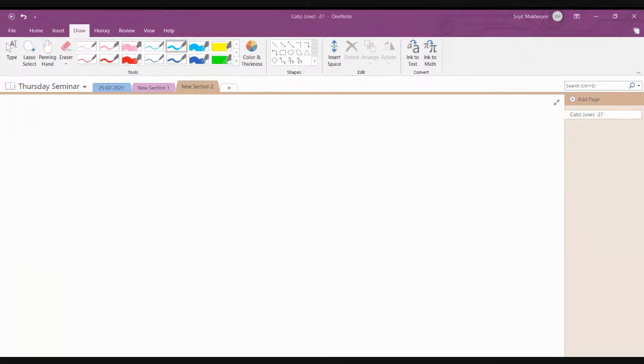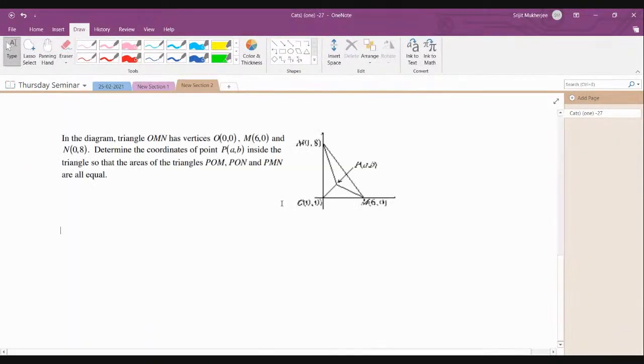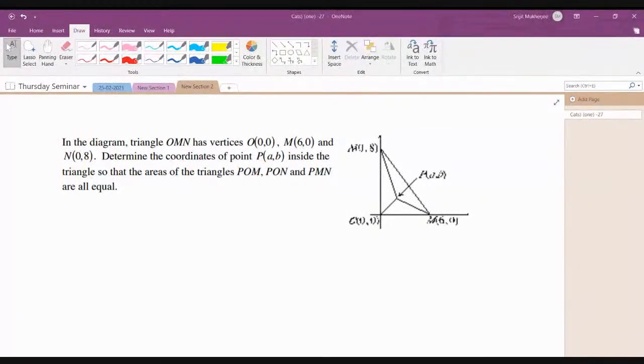Okay, this is an interesting problem. I like this problem. Let's do this problem. The diagram is a bit blurred. The question asks you that